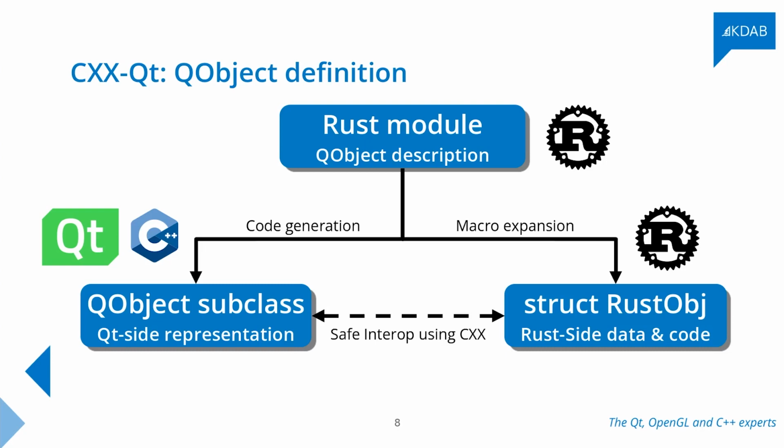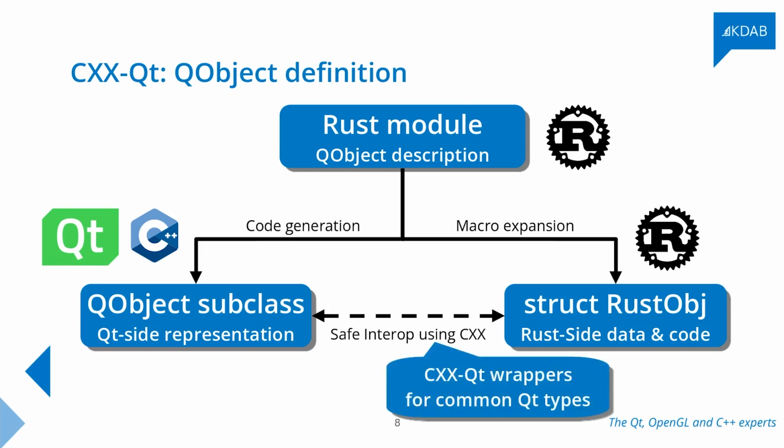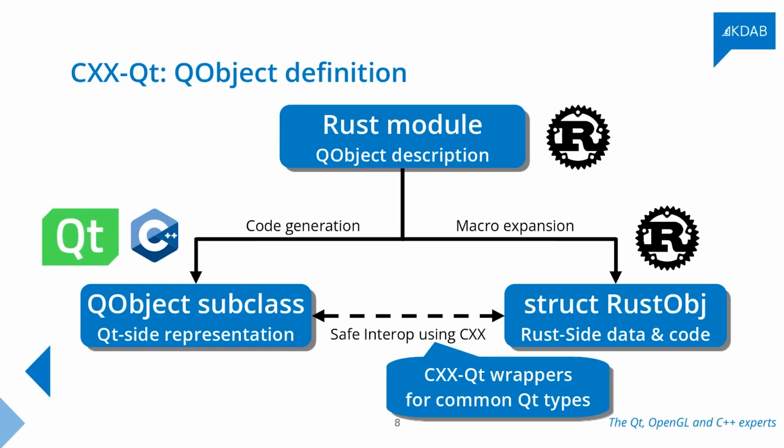And because we're using CXX-Qt, we can also use some wrappers that we have defined for the common C++ Qt types like QString, for example, that can then seamlessly be transferred into the appropriate Rust types. This then just results in very clean, very idiomatic code, both on the Rust side and also on the C++ side. Because in the C++ side and in the QML side, all we're doing is basically defining just another QObject, like we do with any other, and we can then cleanly interface with existing C++ code and existing QML code, for example.